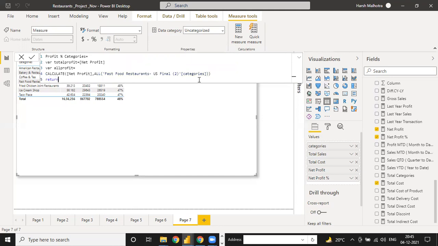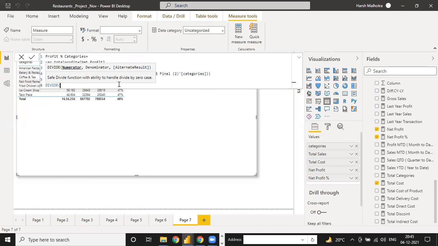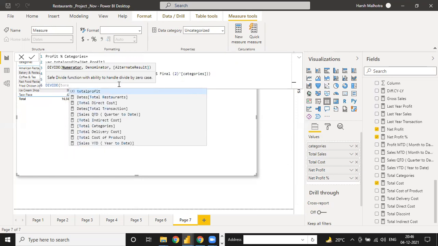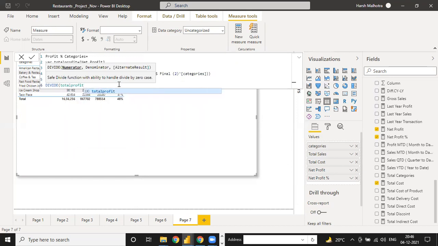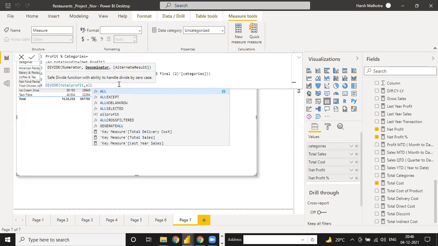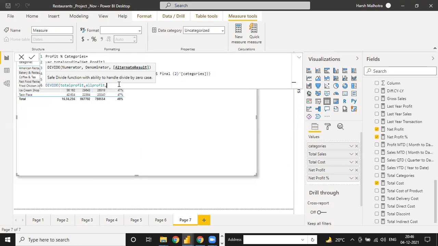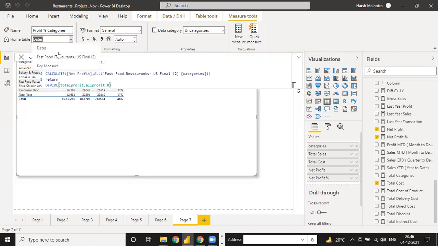And now the value we need is a divide function, because we need profit percentage, and percentage should always be into the divide function. So now we have to add your variable total profit and all profit. If I press enter, this will give me the answer of profit by category.